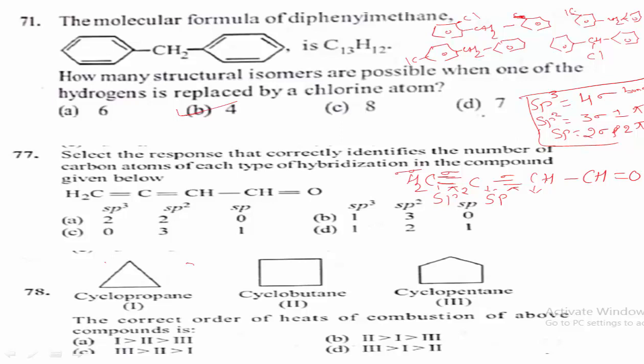Here 1 sigma, 2 sigma, 1 pi, therefore it shows sp2 hybridization. And here, what about this carbon atom? Here 1 sigma, here 1 sigma, here 1 sigma and 1 pi, therefore it also shows sp2 hybridization. Okay students, the number of sp3 hybridized carbon atoms here is 0. Is it right? Okay, I write here